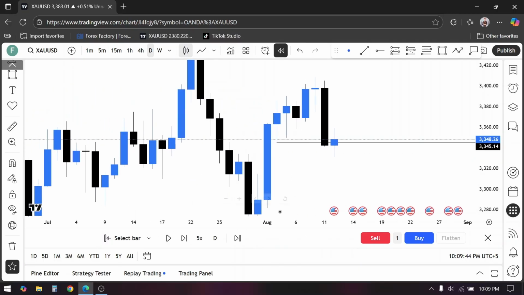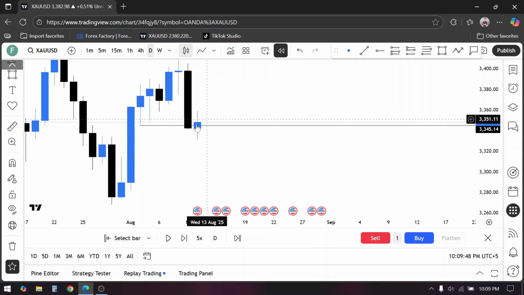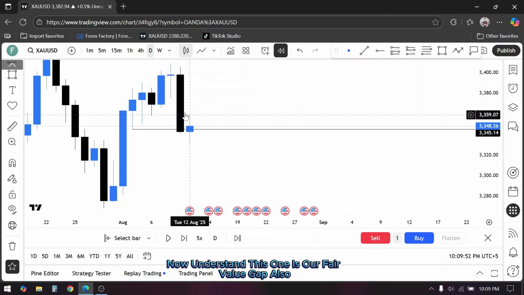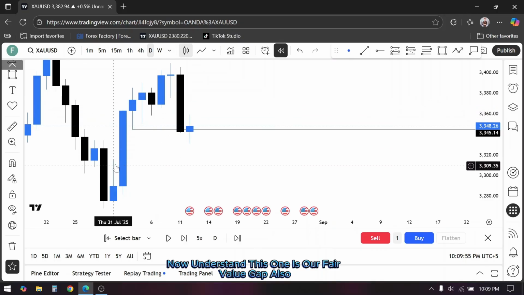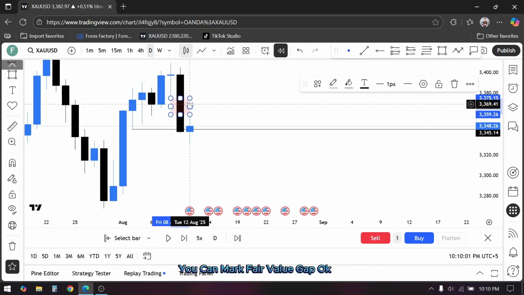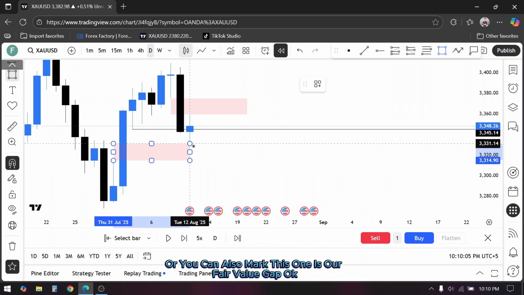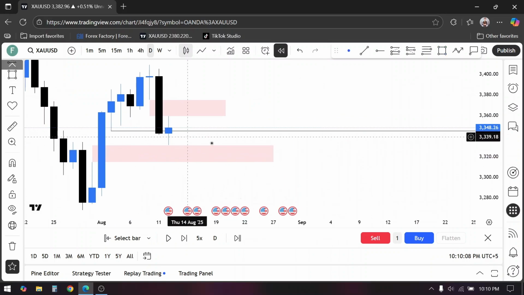Okay, see, the next day was going upside. Okay, so where this is up now, understand, this one is our fair value gap, also this one is our fair value gap. Okay, this one is our fair value gap, you can mark fair value gap. Okay, or you can also mark this one as our fair value gap. Okay, so now understand,